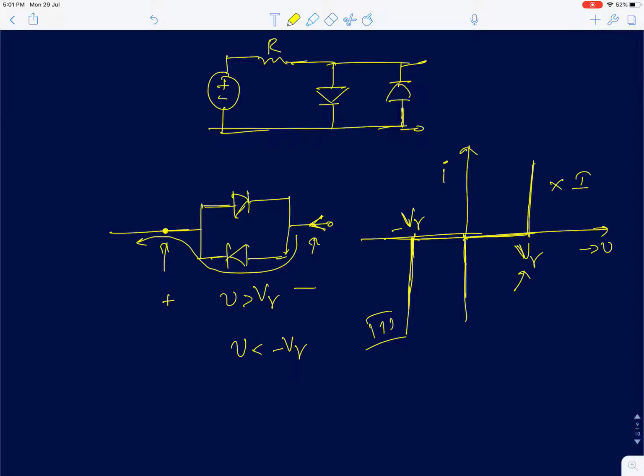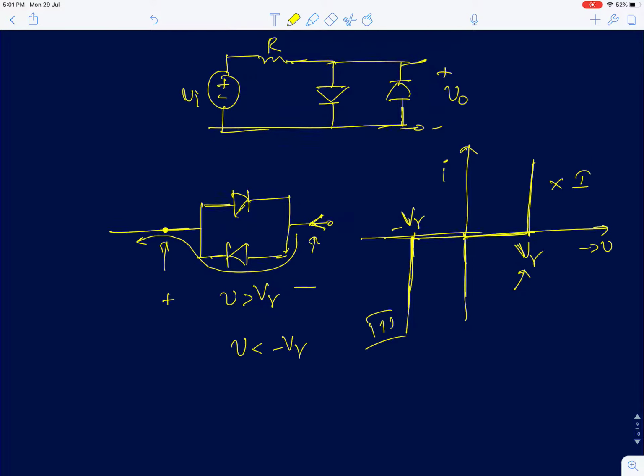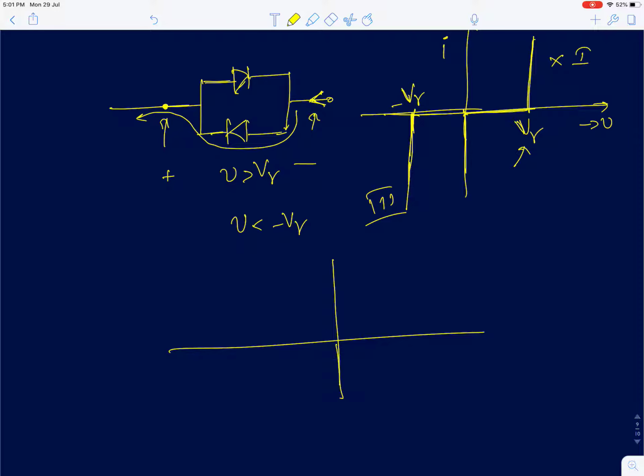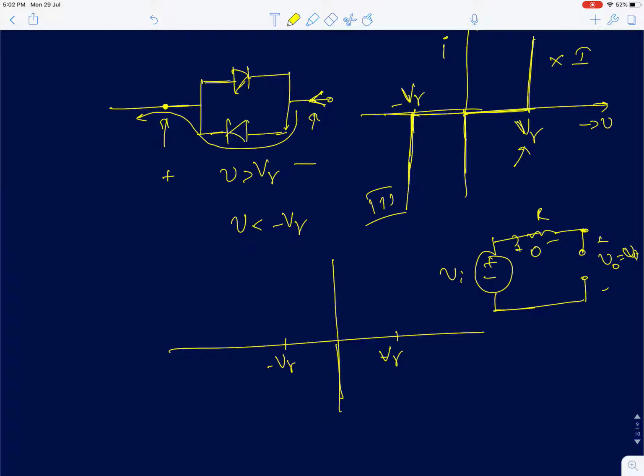So now using this, if you are asked to plot the input output characteristics, output voltage versus the input voltage, then using a similar analysis, we can very easily show that when your input is between minus V gamma and plus V gamma, the current through this is 0. I can simply model the circuit as an open circuit. Both the diodes are open. Okay, so output will simply be equal to input, right? Because the current through the resistor is 0, the drop across it is 0, so your input will entirely appear across the two diodes. So in this range, you will actually have the input and output following each other. The gain is 1,